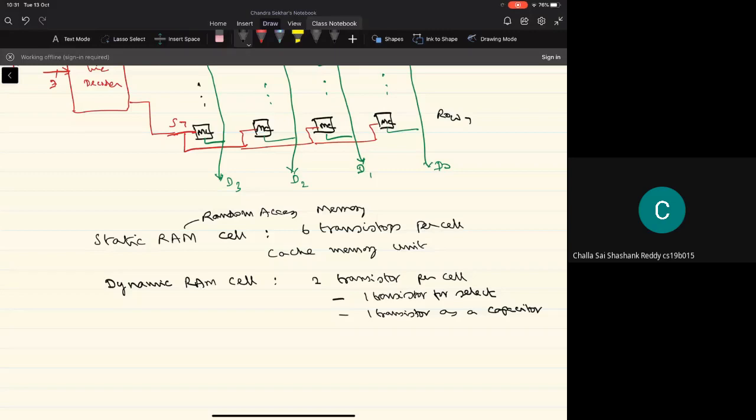Whereas that problem is not there in the static RAM cell, because the whole of this static RAM cell is built using only transistors, right? And there is no phenomenon called the leakage of the information, or the disappearance of the information in the memory cell. Again, we'll be discussing more of this in the next level course. But irrespective of whether I'm using the static RAM cell or the dynamic RAM cell, the internal structure of the memory unit will be typically the same as what we have discussed.